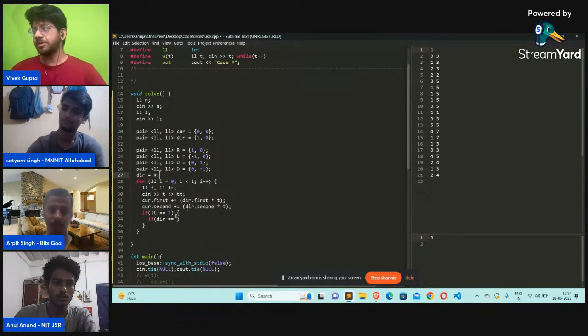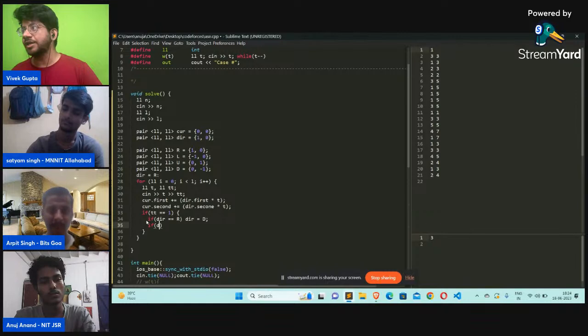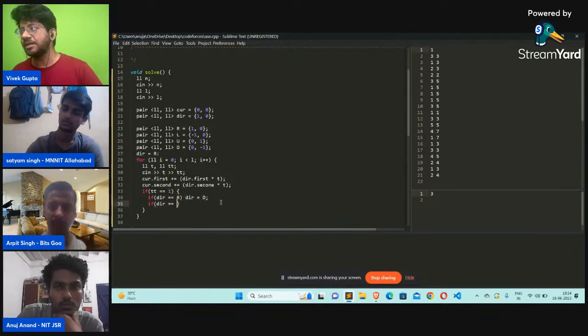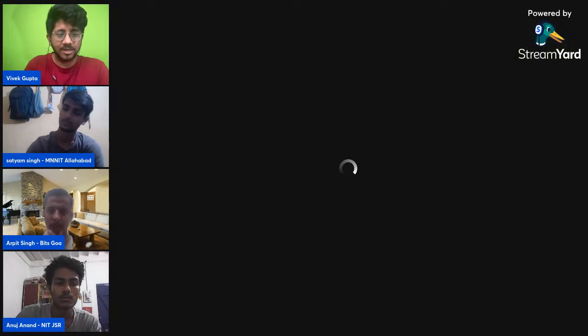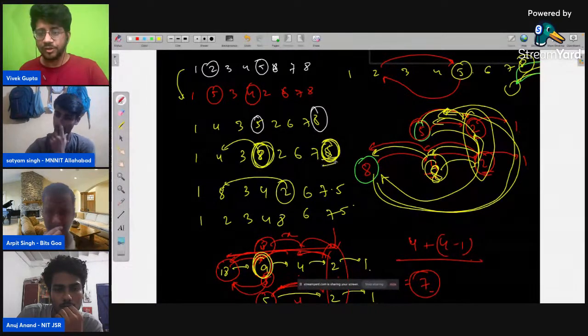Why x plus y minus 1? Because when you brought 5 over here, the last swap made 18 go one step also. Meaning 18 was now at this place. Remember over here, when you brought this 5 over here, see, 8 is not over here, 8 is now over here. One step is already done for 8. So you had to bring it the rest of the steps. So 1 minus, right? Let's go back to my stream. This place. 8 is already over here when you got 5 over here, right?